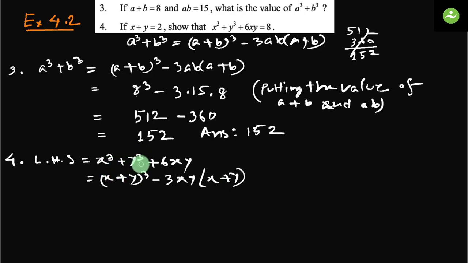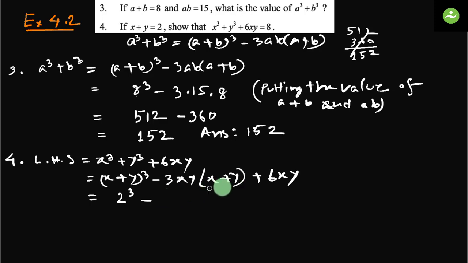Here, if we consider this a cube plus b cube, then the value as per the corollary is a plus b whole cube minus 3ab into a plus b, this is x plus y whole cube minus 3xy into x plus y. And there was another part, plus 6xy. Let us add that, plus 6xy equals, now we know the value of x plus y, it is 2. So 2 cube minus, let us simplify,